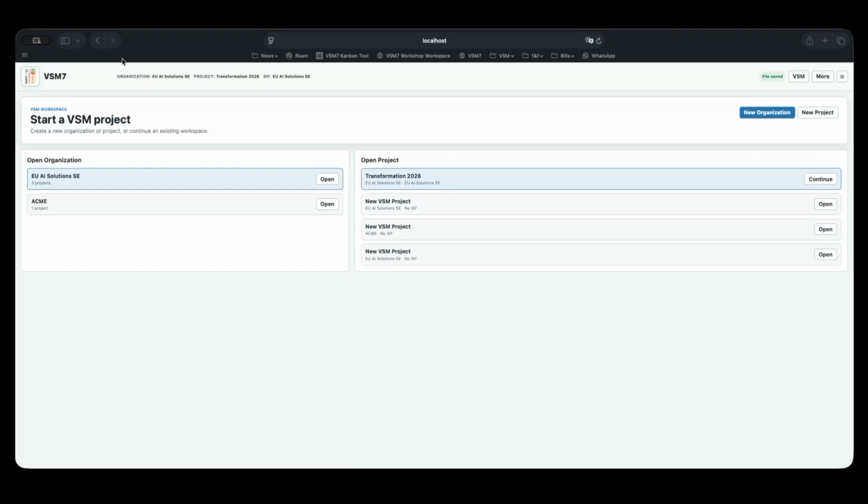Hello everyone, this is now the walkthrough through the VSM7 mockup. So this is the vibe-coded output of the implementation of the 7-step methodology from Martin Pfiffner plus some add-ons. So if you are new to the 7 steps, you most likely will also learn a little bit about that,